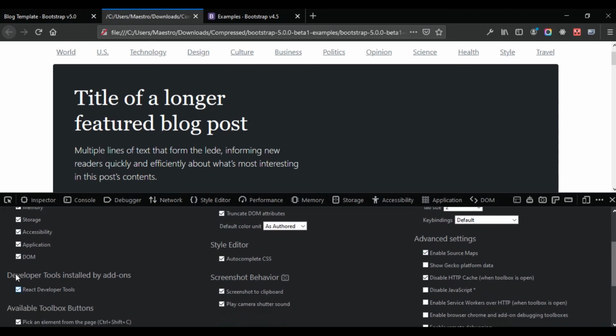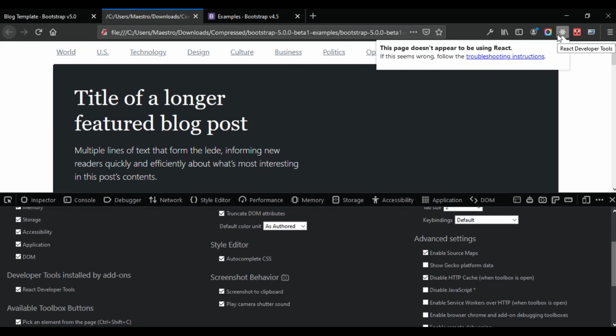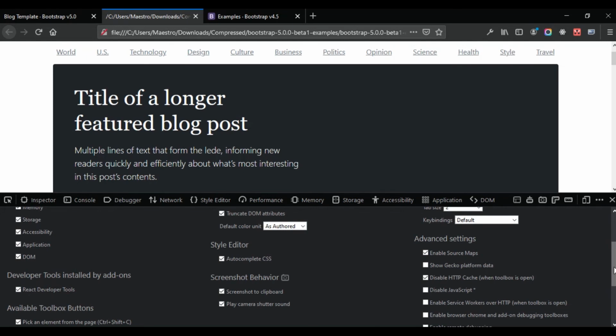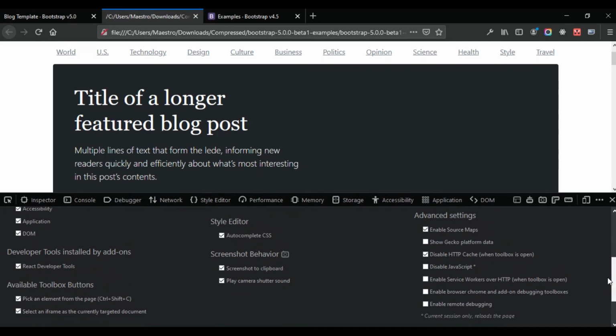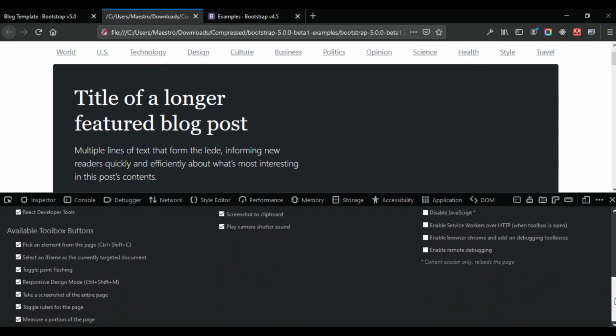I have an extra tool installed for React developer tools. It's an add-on. This basically shows up on web pages that React is being used on. But if React is not used on it, it's going to tell you this page doesn't appear to be using React. But we'll get into that later on. And we have some additional things. I think I toggled it on and off here. By default this will be turned off,